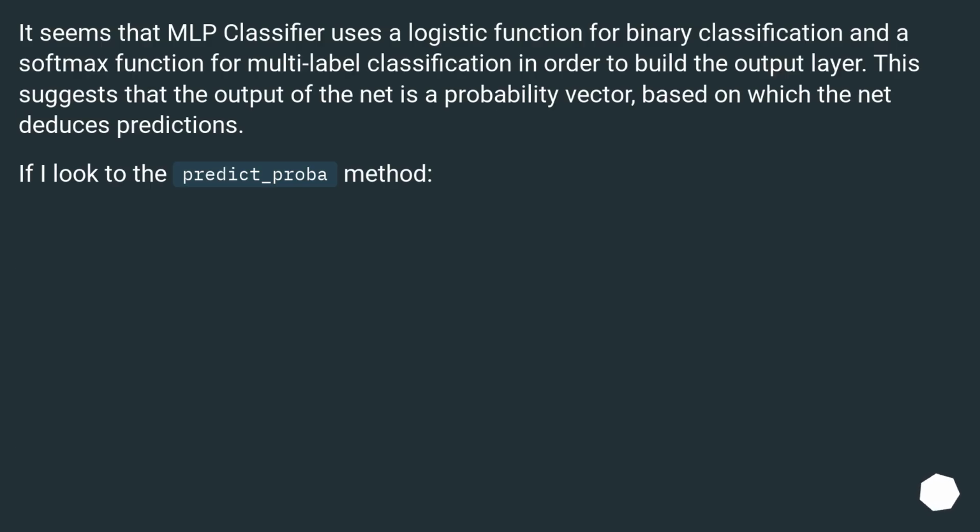It seems that MLP classifier uses a logistic function for binary classification and a softmax function for multi-label classification in order to build the output layer. This suggests that the output of the net is a probability vector, based on which the net deduces predictions. If I look to the predict_proba method,